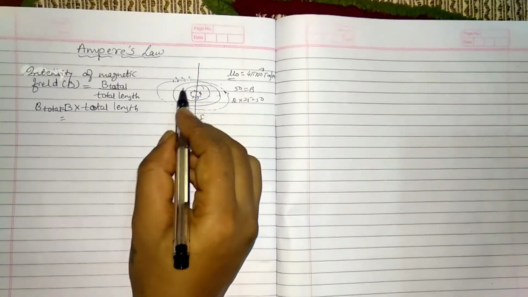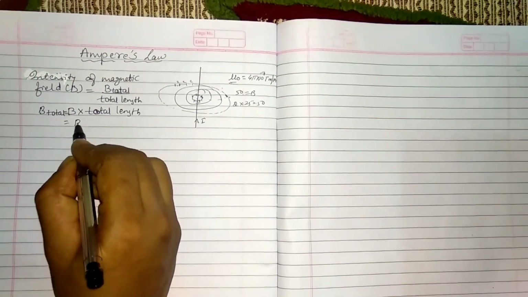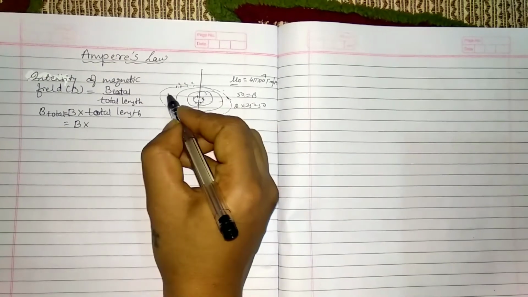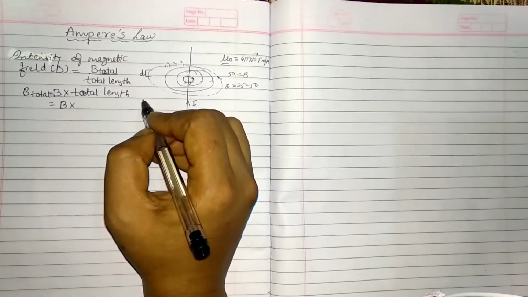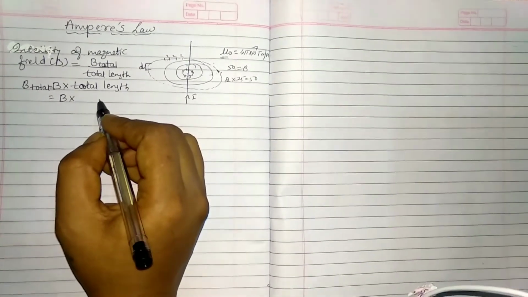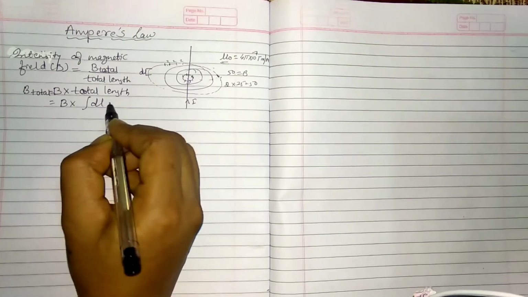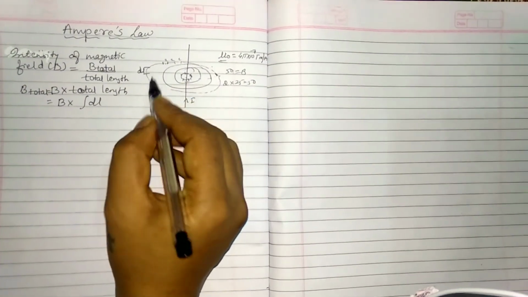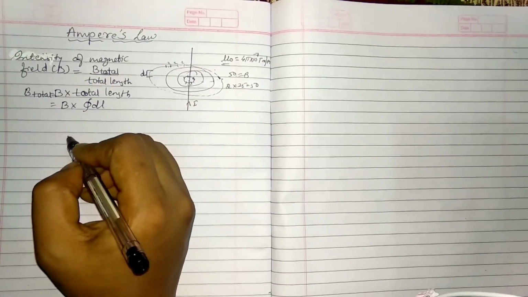Means the magnetic field at total length overall. So can I write this one as B into total length, if I consider only this much portion as a dl over here? So total length can be taken as a dl several times, and since we have considered here a loop which is closed, can I take here a closed loop?